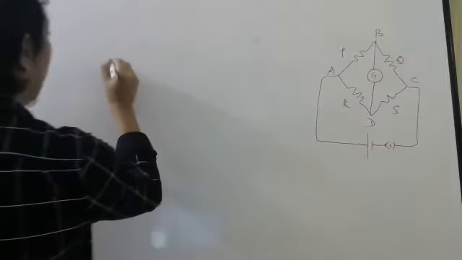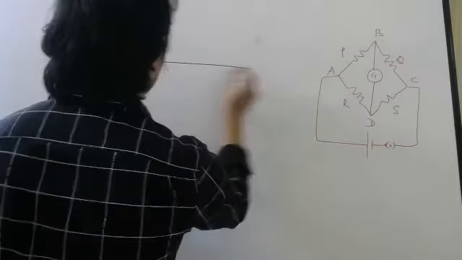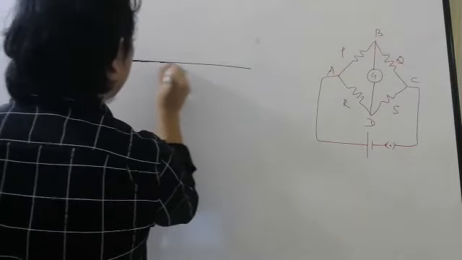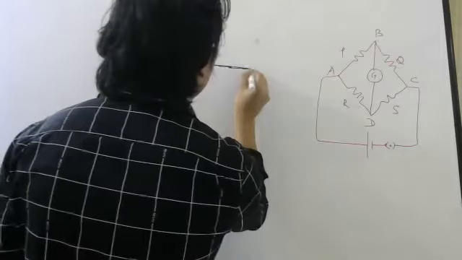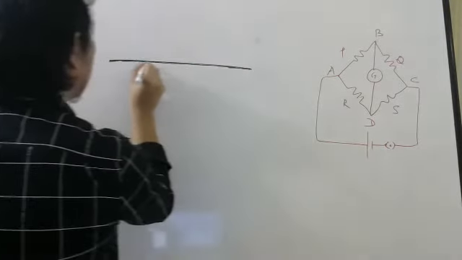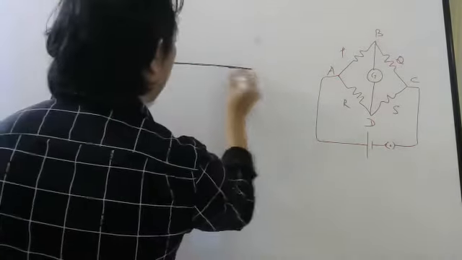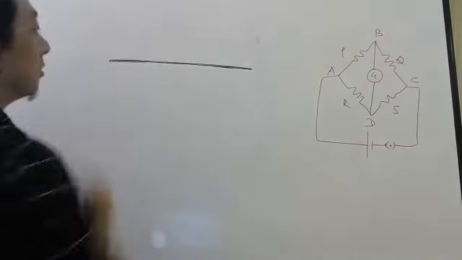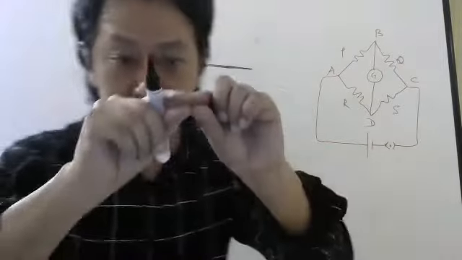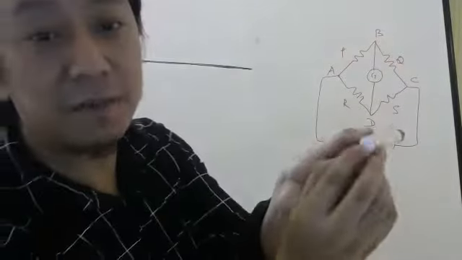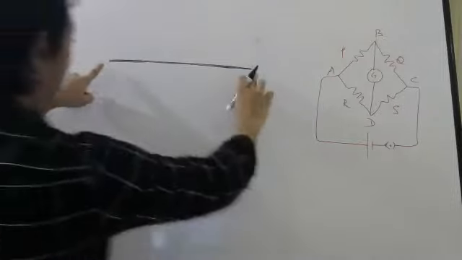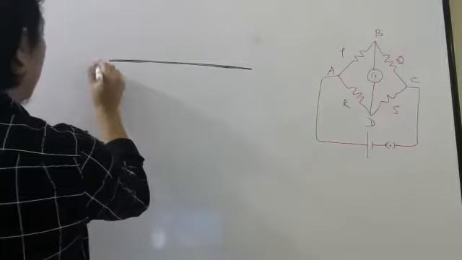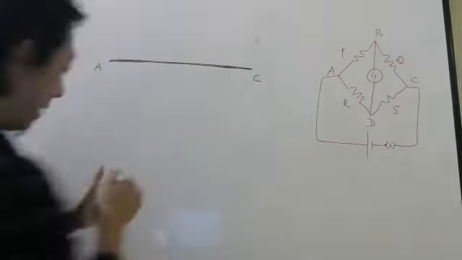So what we will do, we will take a wire which is 1 meter long. I will slightly darken it so that you know. So this is my wire and it is uniform. Area is same. This area should be same. And these 2 points are my A and C. You will come to know, don't worry.